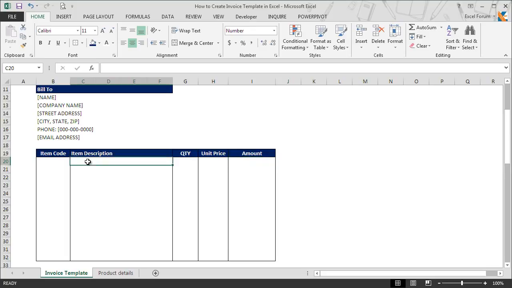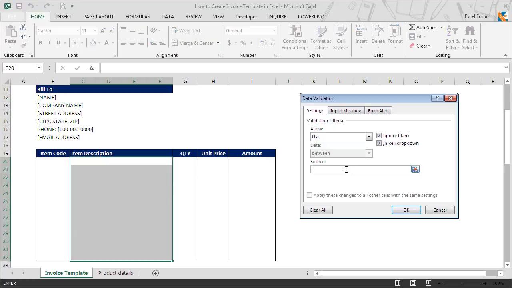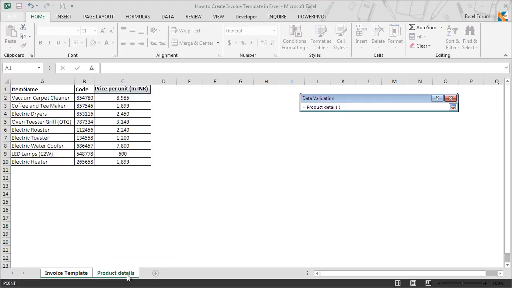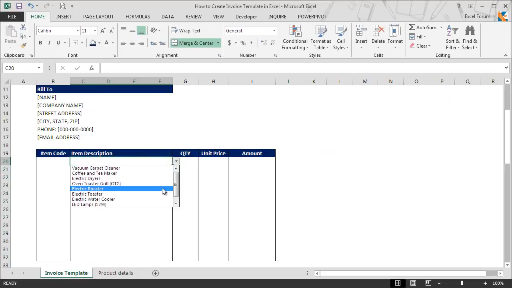So we select C20 to C32, and then we first open the data validation dialog box. We select list and allow category, then in source we go to product detail sheet tab, and here we select A2 to A10 that contains the item name here. Since we have already made the list of products, but in case if you want to add or delete or make any changes in the product, you can make it here, then accordingly you can expand the data validation list range. Anyway, we click on OK, and now we can select any item and product name from the drop down